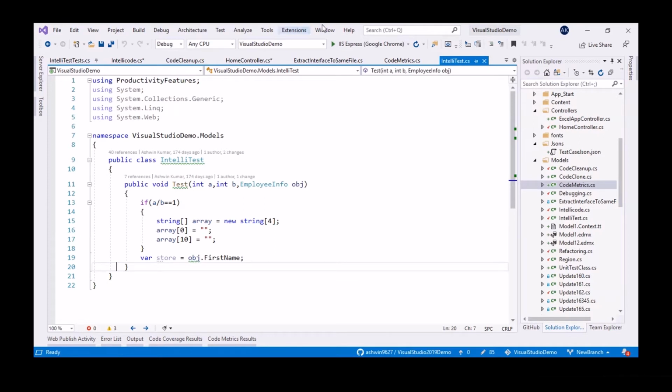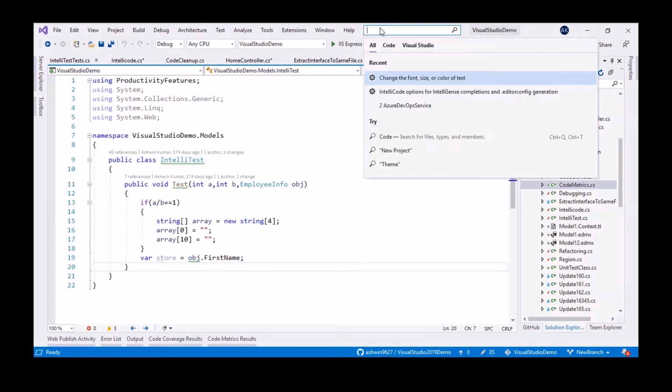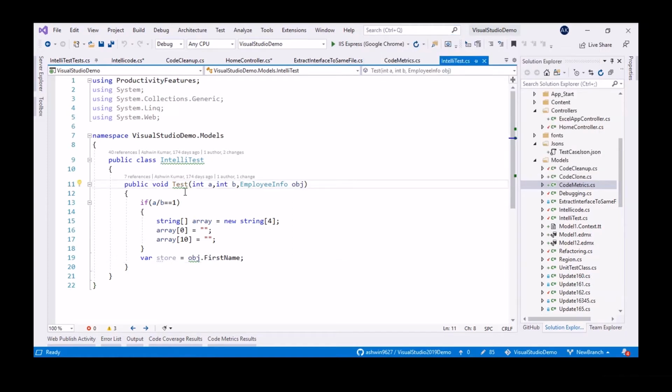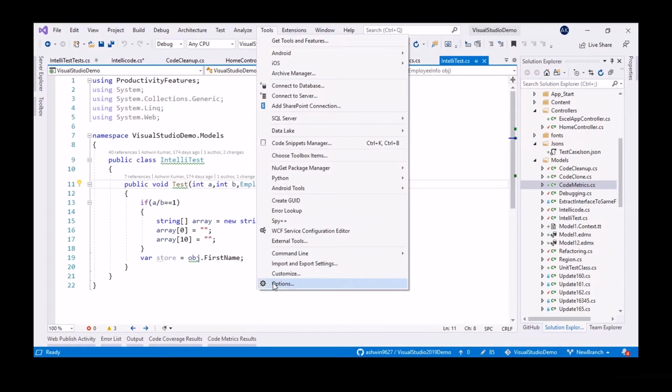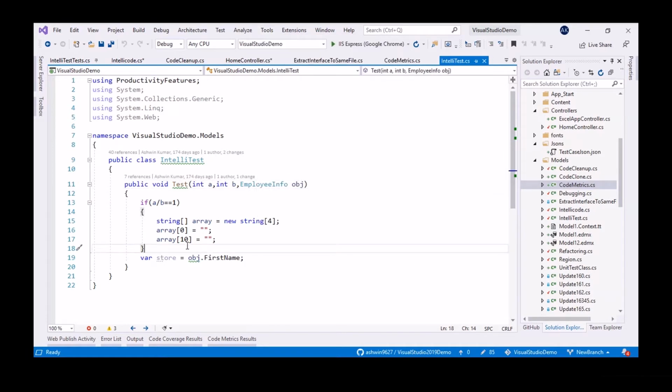And one more thing, for example, if you want to change the font size or color of this text, how can we do that? We don't know the steps to change the font size and color, right? Normally you will go to Tools, Options, and select some of the things, but you just don't know where to go to change the font size and color.